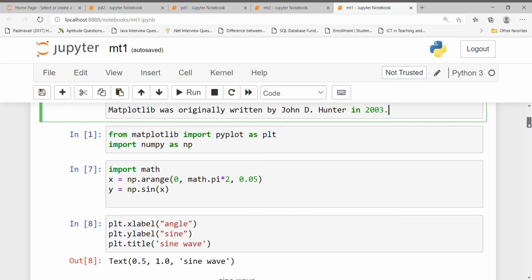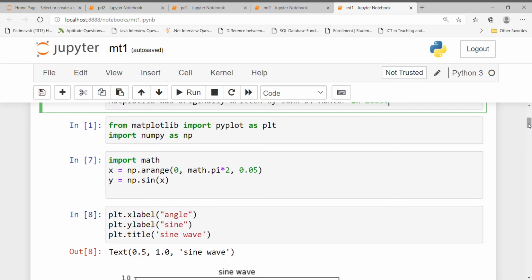Now we will move towards the actual implementation of this matplotlib library. First of all, we have to import this library. As I told you earlier, for using this matplotlib library, you need not make any installation in Jupyter Notebook. But if you are using command prompt or any other tool, then you have to install it first.